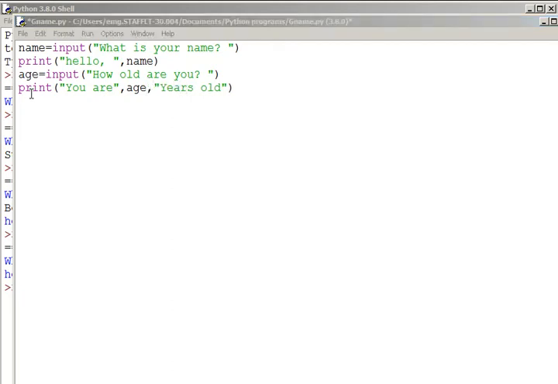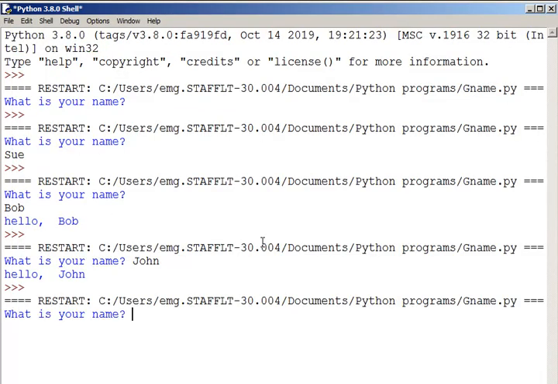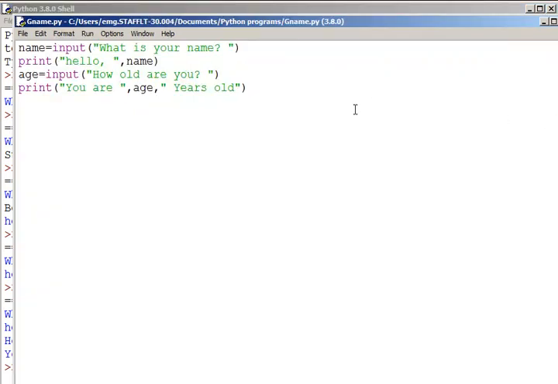All right, so if you watch what my program does at the moment, the program is going to ask you what's your name, then it asks you how old you are, and then displays it to the screen. So Run Module, save. What's your name? So I'm going to say Bob again. And then how old are you? I'm going to say 21. So you are 21. Okay, you can continue just doing a chatbot program and asking them what's their favorite color